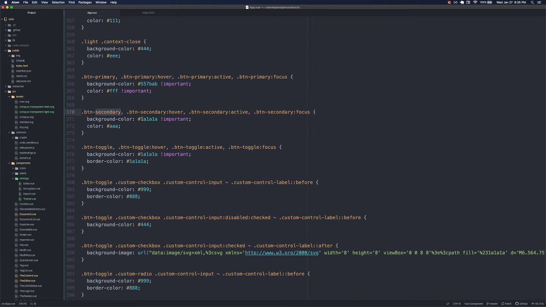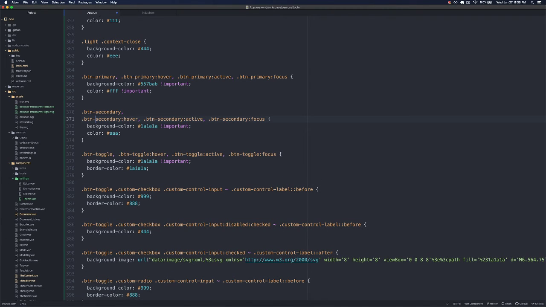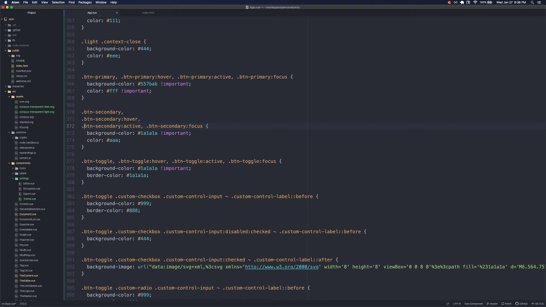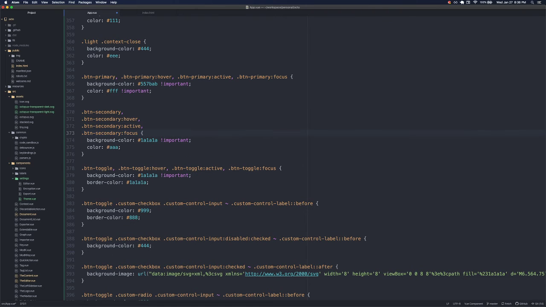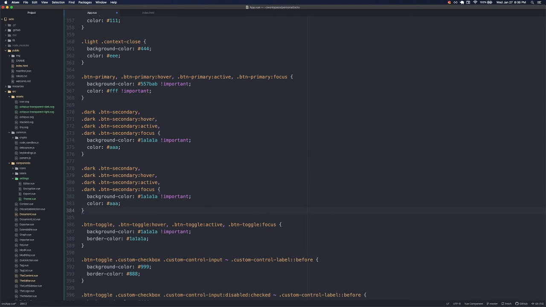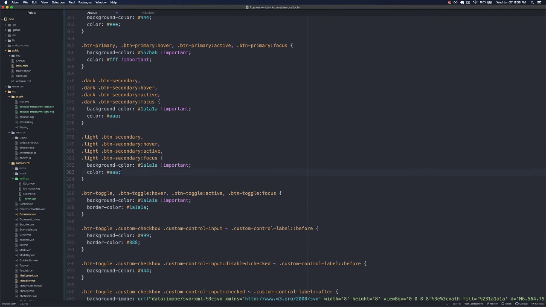Let's go ahead and look at secondary, which is the very dark color. So what I'm gonna do is, first of all, I'm gonna change the way these are laid out because it becomes a little more clear where I need to add these new dark and light colors. So .dark. And we're just going to copy this whole block and change dark on all these places at once to light. Okay, so background color for light is going to be,